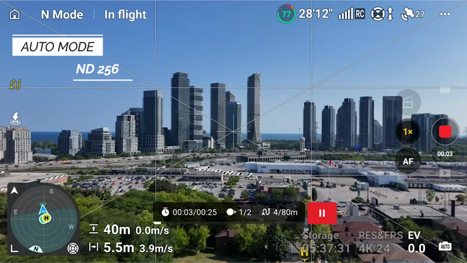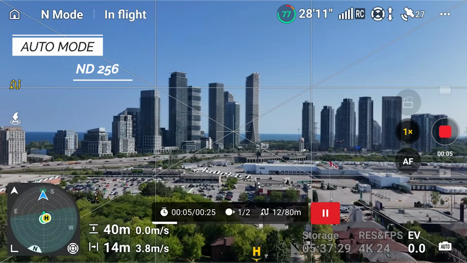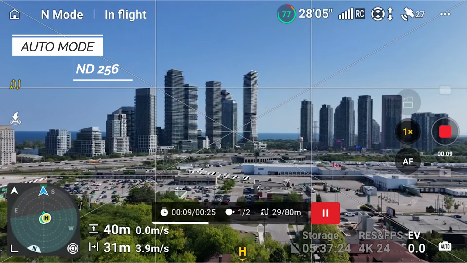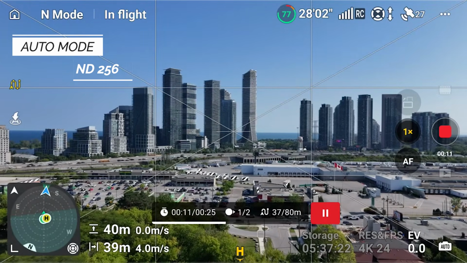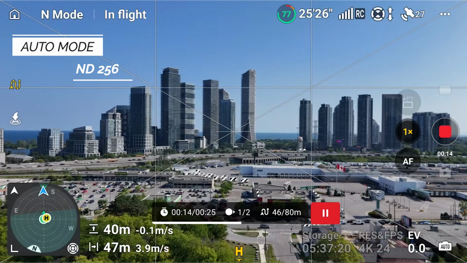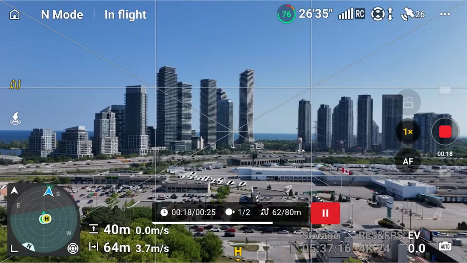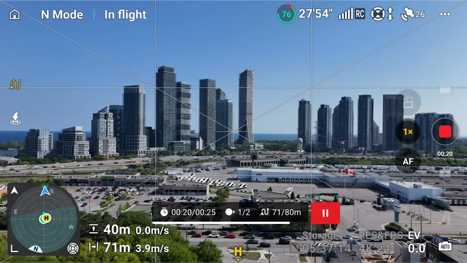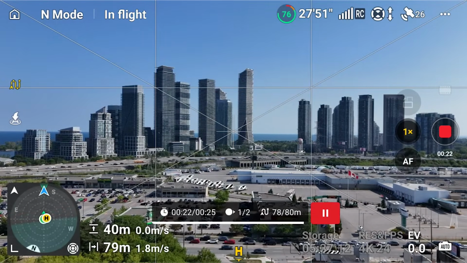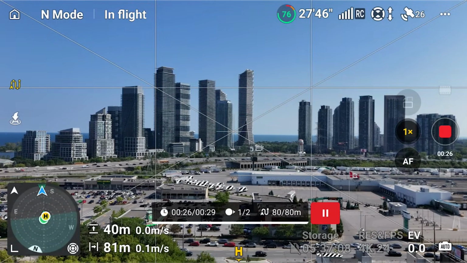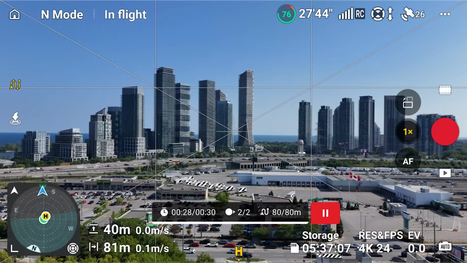Again, everything looks great on the controller, so you really can't judge by what's going on here. But so far, you would think that you could use ND filters, but the SRT file, when we get back to the studio, will show us different